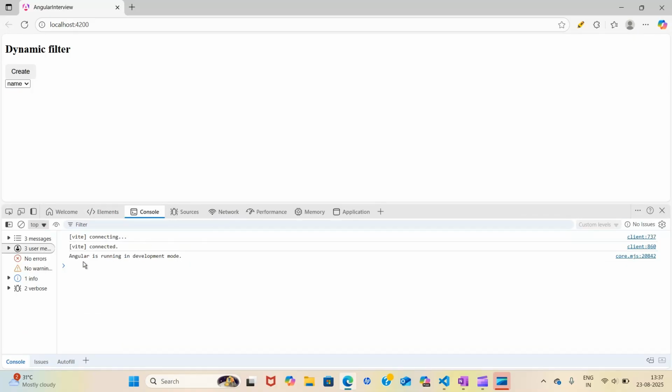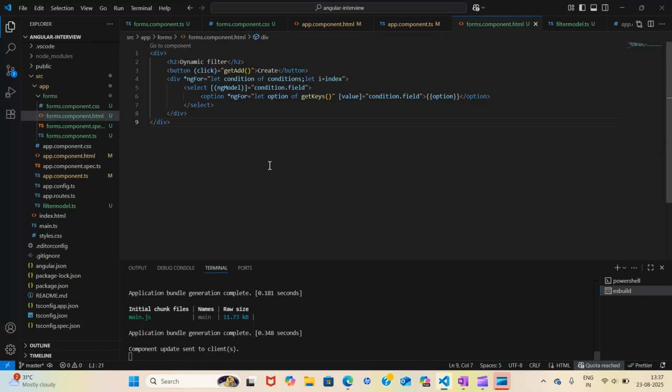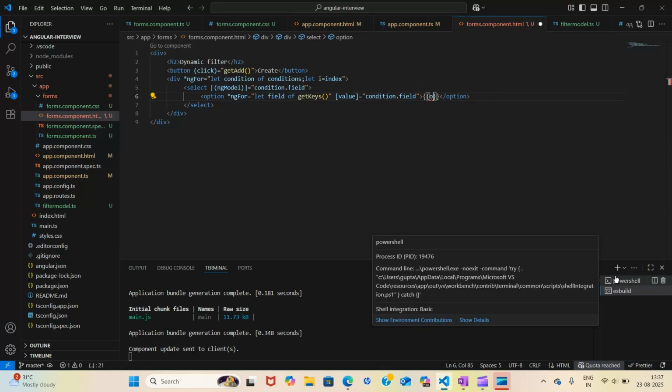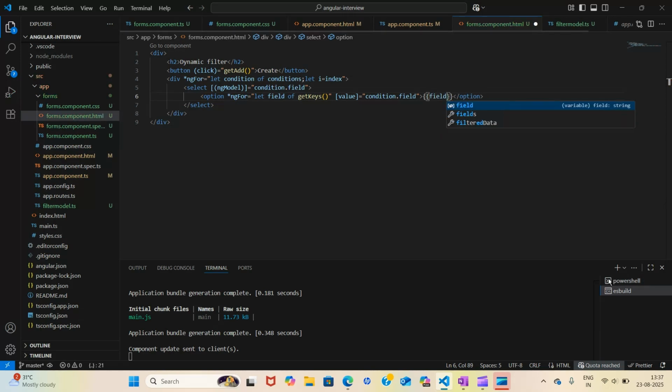Right now it is not throwing an error, because I haven't added more fields. So here I will add fields, and I will eventually show you when that error will occur.